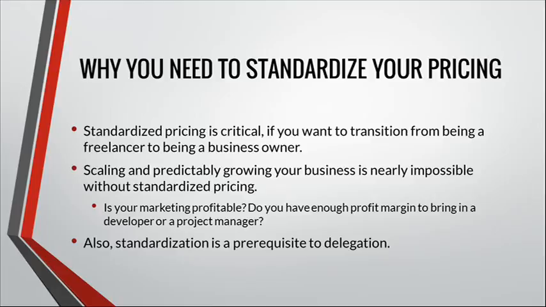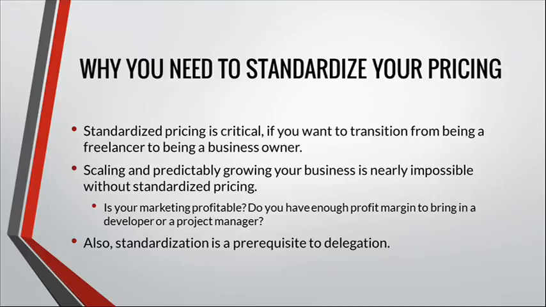For websites, we recommend that people put together 1 to maybe 3 website packages, and then you can have add-ons on top of that. So you might have a package that's a custom WordPress site with up to 25 pages, and adding on a shopping cart, for instance, with WooCommerce, or adding on an event calendar or something might be a set price for an add-on. And then that way you have standardized pricing.